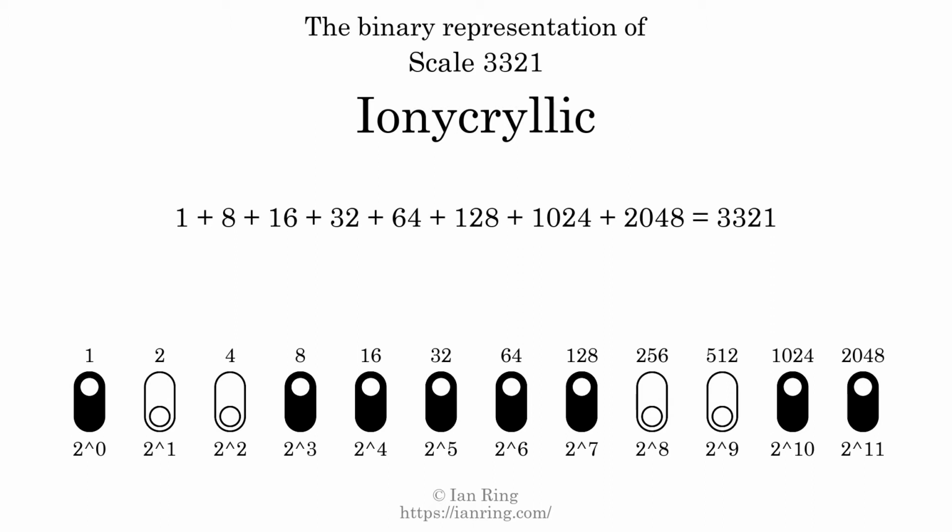That is why the scale number, in decimal, is 3321. The scale number not only enumerates the scale with a unique index, but it also literally describes the tonal content of the scale. Represented as a binary number in base 2, the scale number is